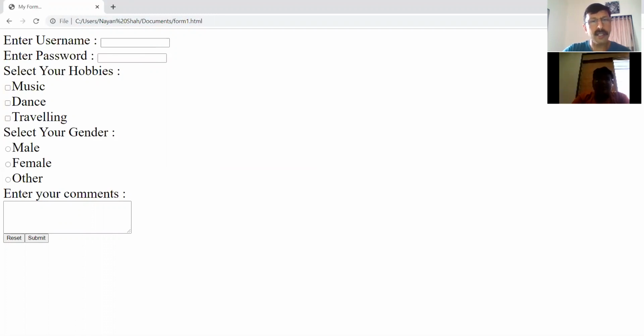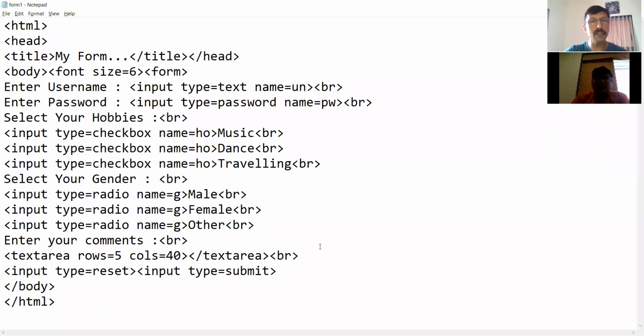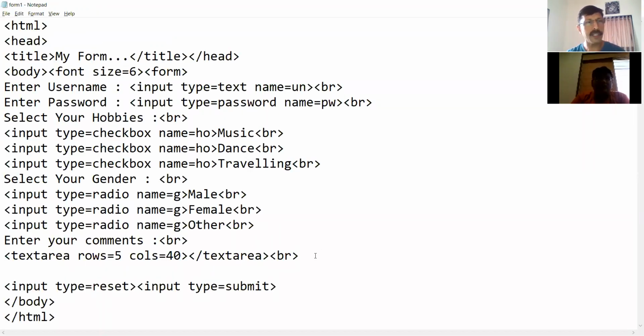Now let us create the last control, and that is our drop down menu. To create the drop down menu after textarea, sorry, we won't say enter, but because it's a drop down menu, we say select your city. We are asking the user to select his city from the list of cities, and we don't give a break here.